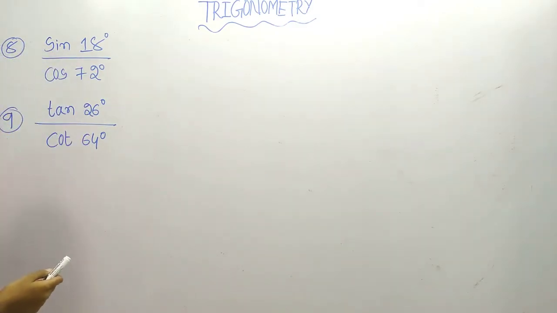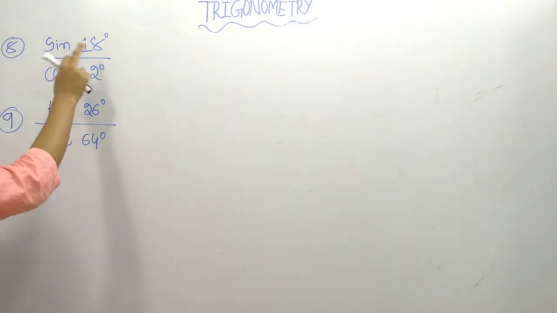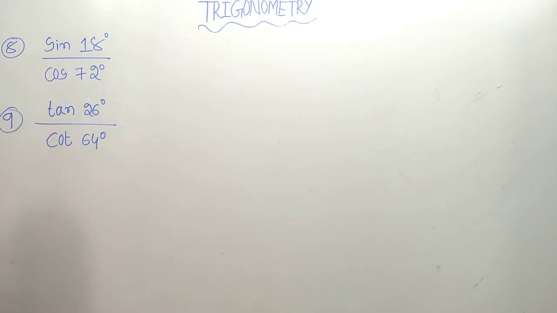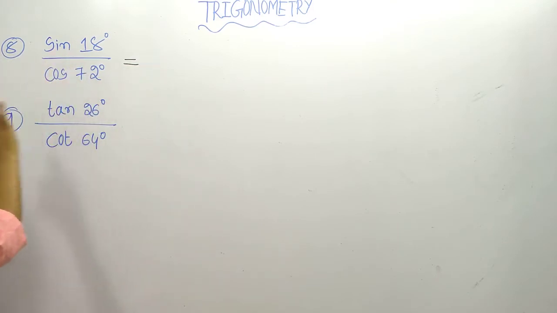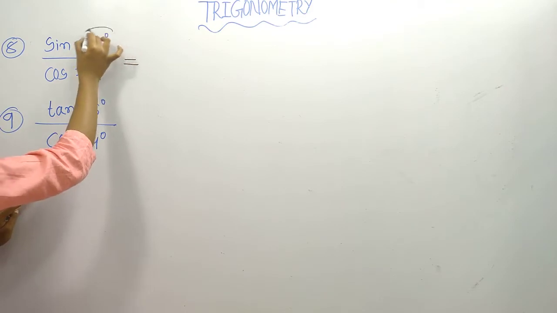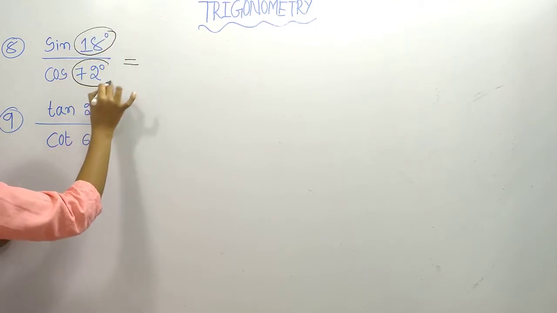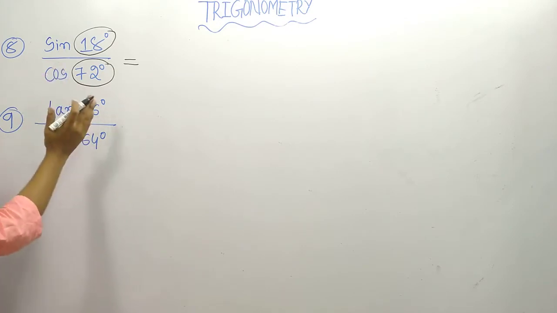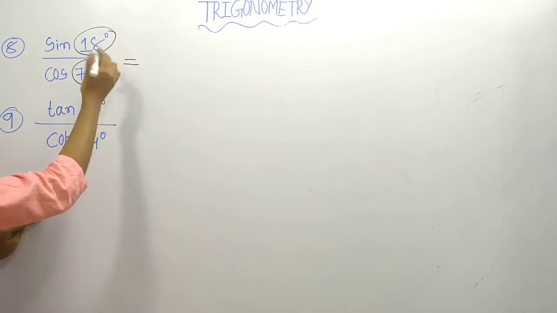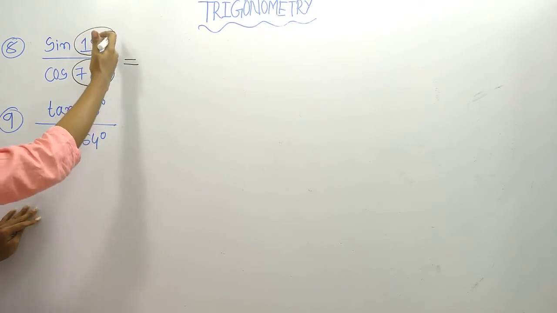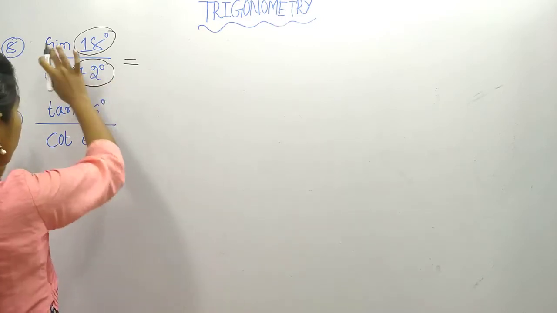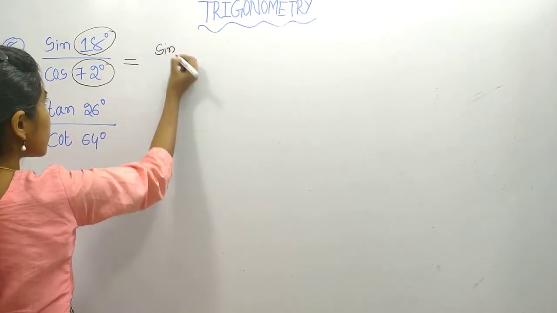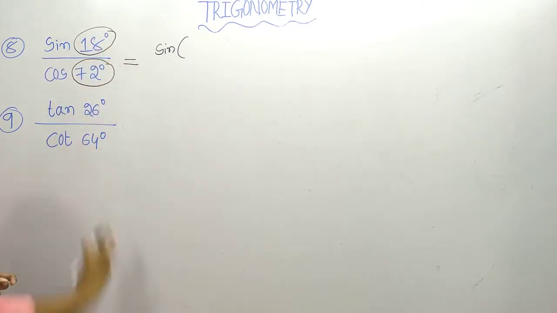So this is another type of question. Here it's given sin 18 degree divided by cos 72 degree. How will we simplify? Here sine is there, cos is there, no problem, but here it's 18 degree and here it's 72 degree. If questions like this come, first you have to see how we can make the degrees the same. First there is sine, and 18 degree is there, so we have to make it 72 degree. How will we do that?